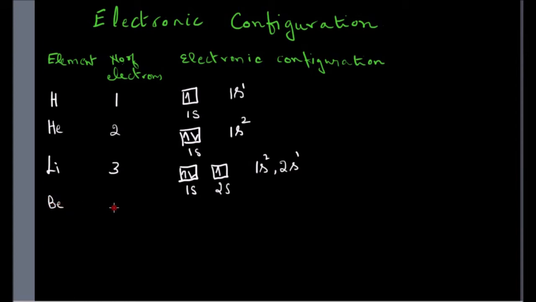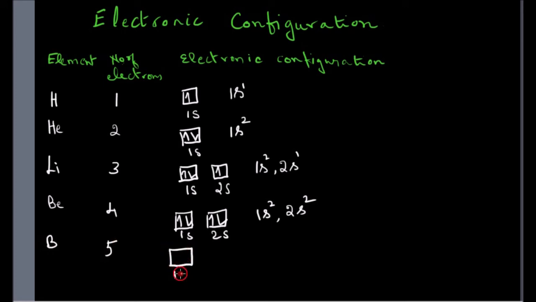Beryllium with 4 electrons will have a configuration of 1s2, 2s2. Can be written as 1s2, 2s2. Boron, 5 electrons, 1s2, 2s will have 2 electrons, and the fifth electron will be in the